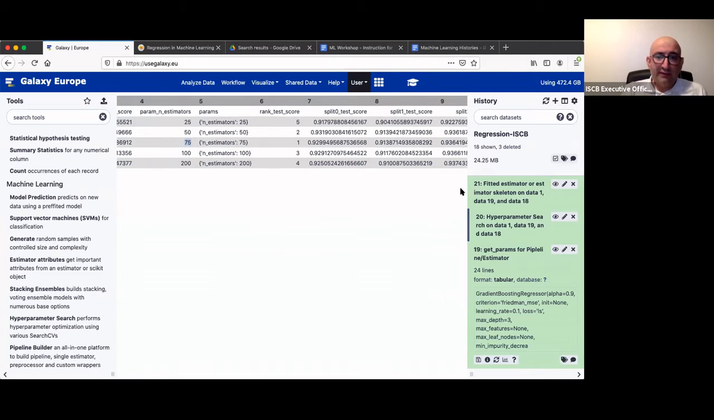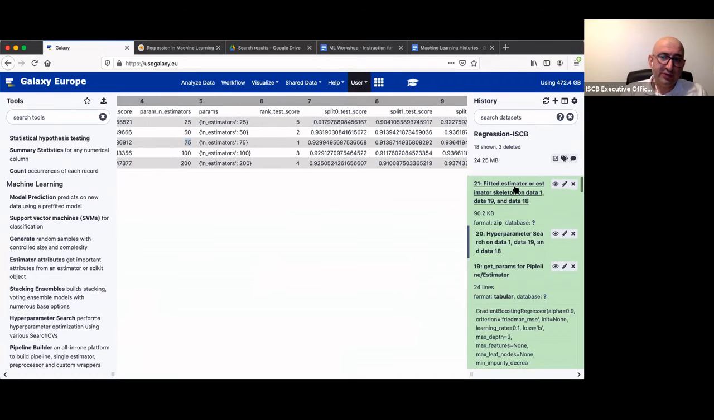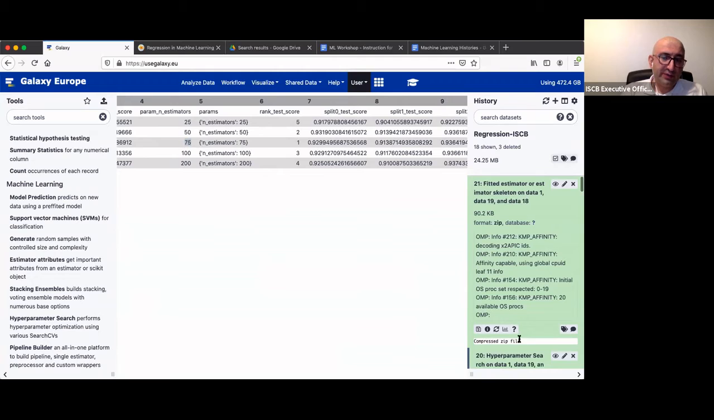And the created model is based on the best parameter, based on this 75. So you have your model here, the fitted estimator. It is again a compressed zip file. I want to use this model with the best parameter to estimate or predict the age from the test